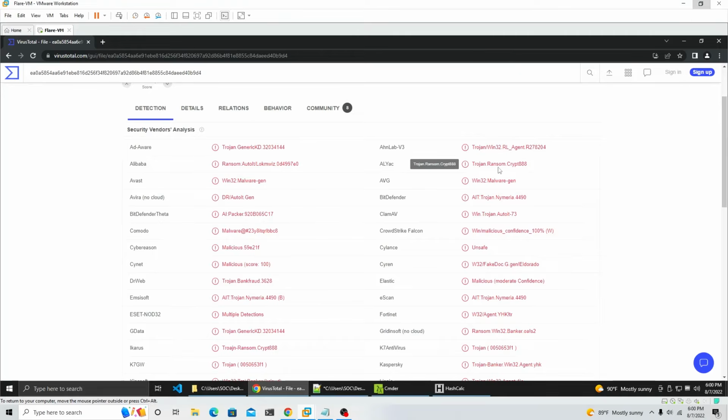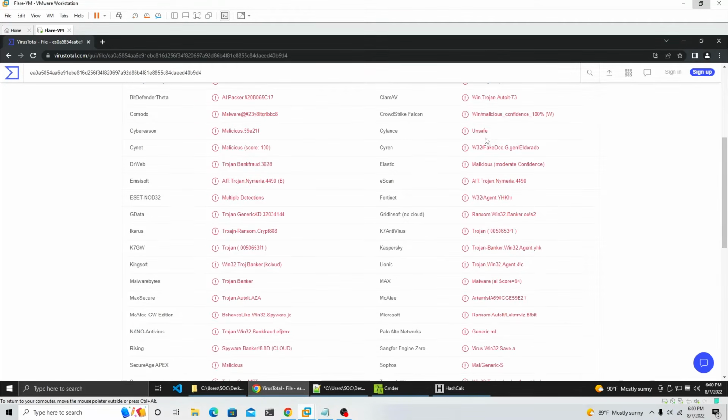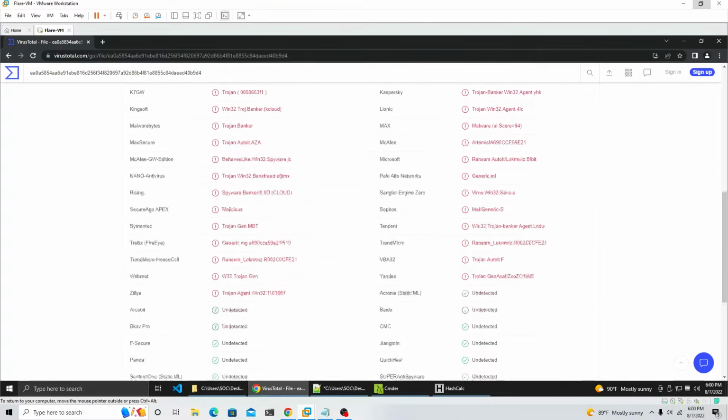So we see Trojan, ransom crypt, malware gen. Keep going. This one just says unsafe. Oh, wow. So let's keep going. Trojan banker. Okay, that's more. Okay, Trojan banker agent. Yeah, that's why you have to look through everything, because we want to get a